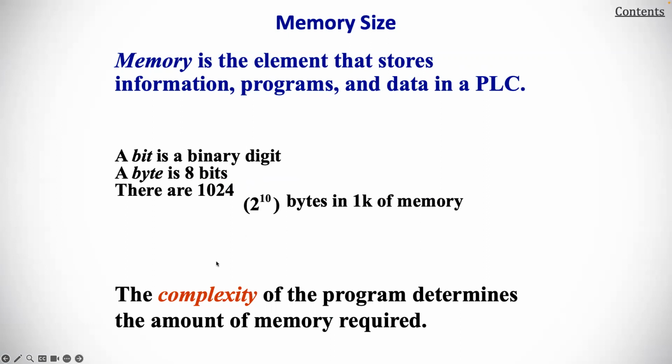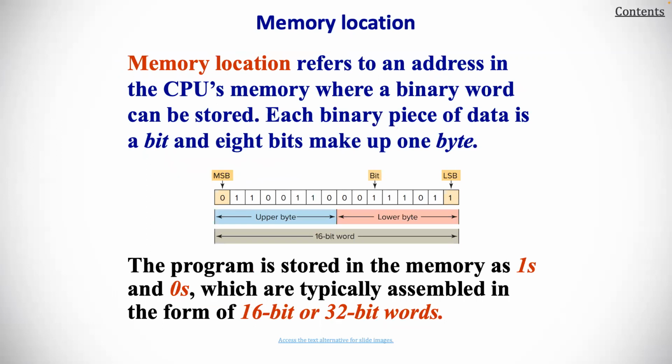And so that's a way of thinking about memory. The complexity of the program determines the amount of memory required. The memory location refers to the address, in the CPU memory, where a binary word can be stored. Each binary piece of data is a bit, and 8 bits make up 1 byte. The program is stored in the memory as ones and zeros, which are typically assembled in the format of 16